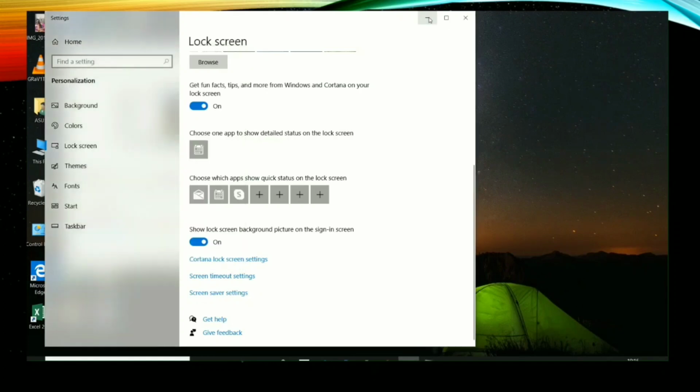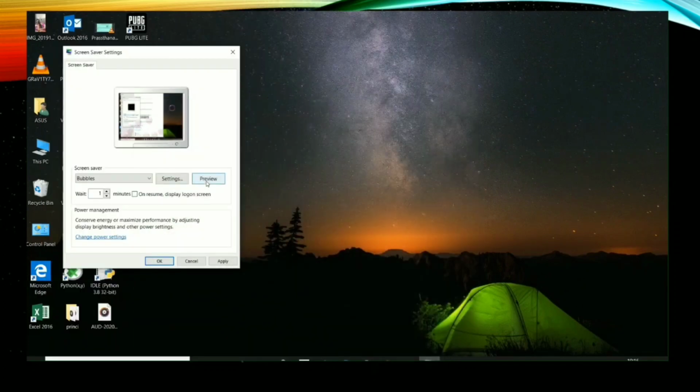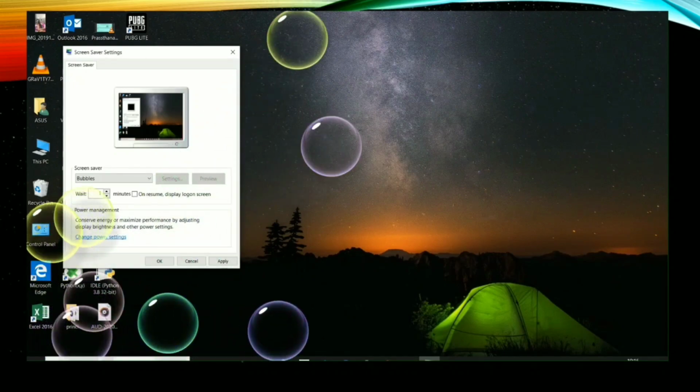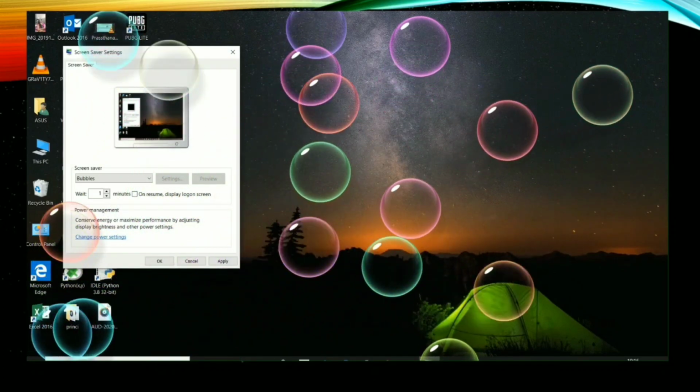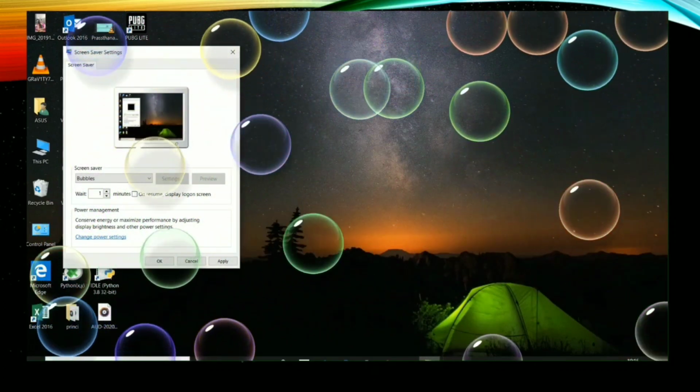Before showing the preview, I'll just close the background dialog box. Now see, it looks so nice, na. This is also a screensaver. ये screensaver बंद तब होते हैं जब हम सिस्टम को टच करते हैं.